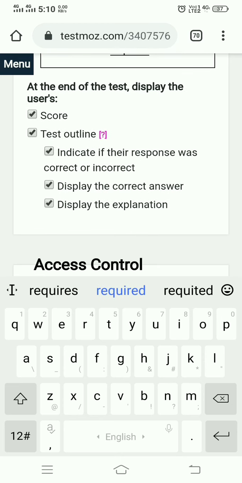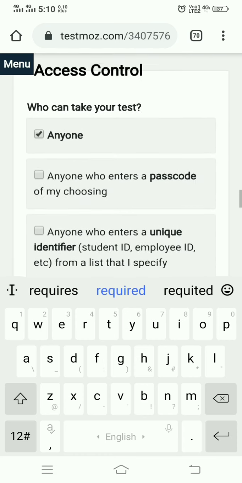And at the end you can display the score, test outline, and display the correct answers. Also you can display the explanations if you are adding them.